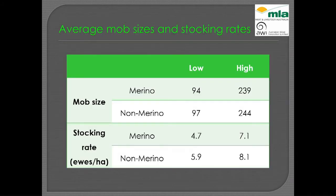So this table just shows you the average mob size and stocking rate for each of our high and low treatment groups across our 61 sites that have been completed. As you can see, not much difference between our merinos and our non-merinos. Our low mob size has typically been around 95 ewes, our high mob size around 240 ewes, and our stocking